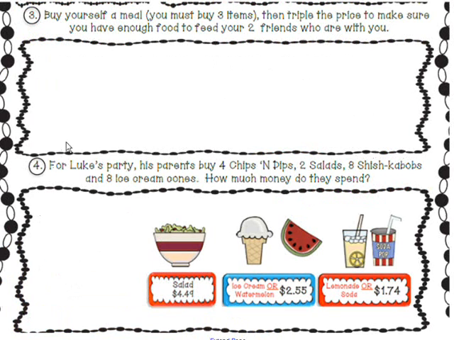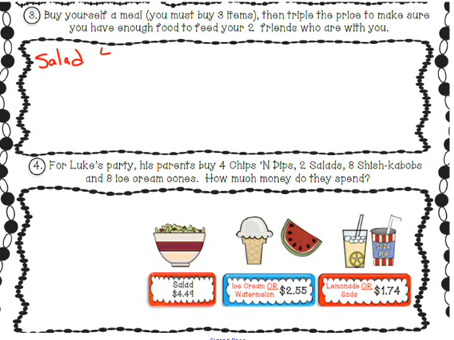Here's our next question. Buy yourself a meal. You must buy 3 items. Then triple the price to make sure you have enough food to feed your 2 friends who are with you. Well, I went ahead and picked out some items. I picked out a salad,